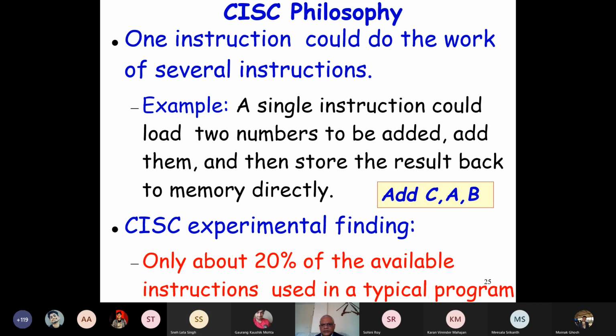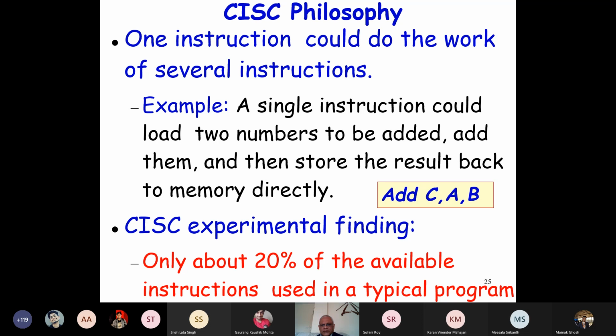A and B are memory locations. A and B are added and the result is stored in C. And that's why we had a large number of operations. The philosophy was that doing anything in hardware is much better, much faster than writing a program for it. For example, string comparison, or finding whether a string is a substring. If you write code, it may take 20 or 30 lines of program. And if you can do that in one instruction, then it will run very fast because it will be done in hardware.